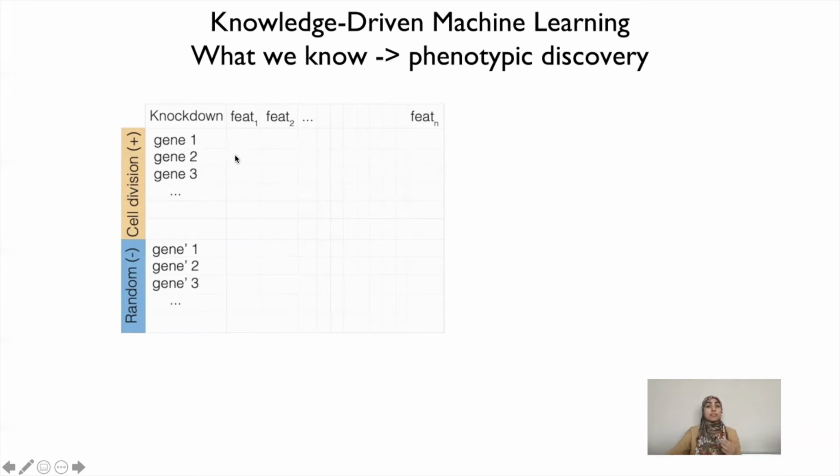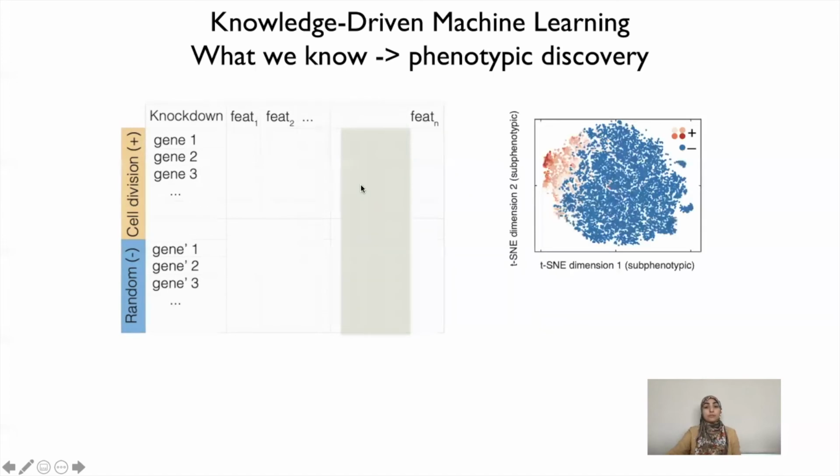So the question is, do these genes have a distinct phenotype from a random set of genes? We can look for features that can distinguish cell division genes from a random set of genes. Once we identify the subset of features, we can train a classifier that separates the cell division genes from a random set of genes. Once we have the classifier, it is about applying it to other genes and seeing which ones score positive. Here the orange indicates the positive ones,